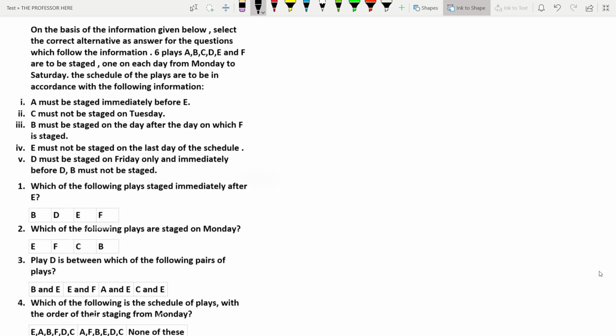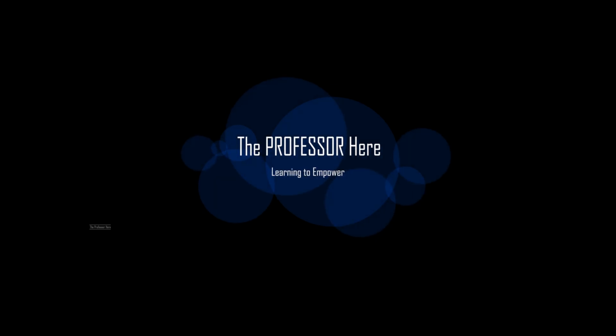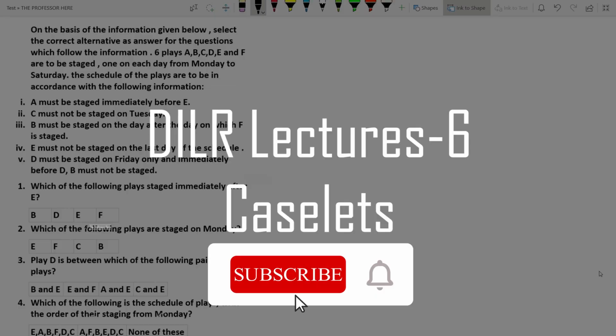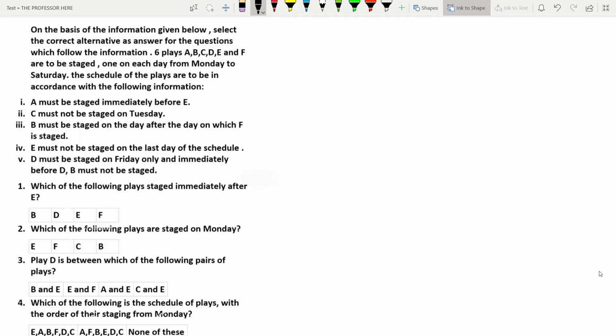Remember that all the topics we have covered can be clubbed together to form tougher questions. A pie chart and a bar graph can be given together and so on. DILR caselets: instead of giving diagrams and graphs, they will convey the data or information through a paragraph or through a list of points. You have to find out the relevant points, sort them out and solve the questions. Let's look how it is done.